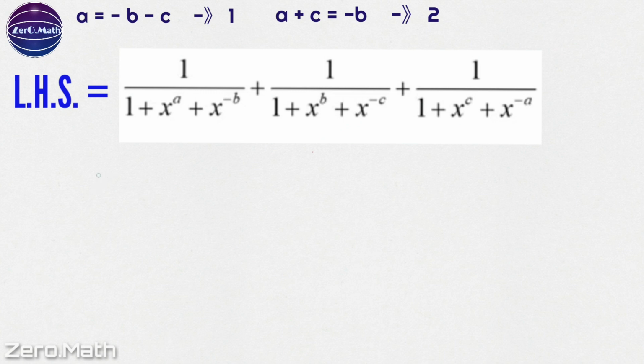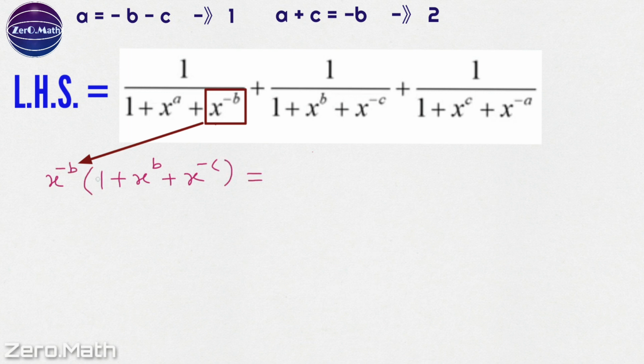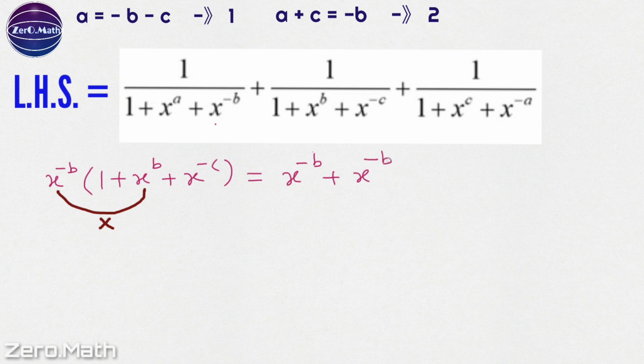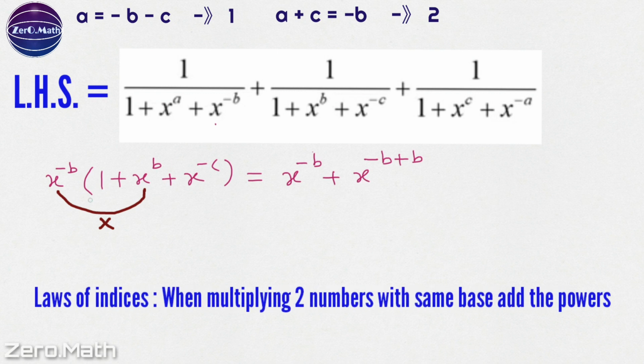Let's first convert this 1 plus x to the power b plus x to the power minus c into this term 1. To do so, you can observe that in this term we are missing x to the power minus b. So we'll multiply this term by x to the power minus b. Let's see what we get. x to the power minus b into 1 is x to the power minus b, plus it will be x to the power minus b into x to the power b. So we can write it as x to the power minus b plus b, because as per laws of indices,